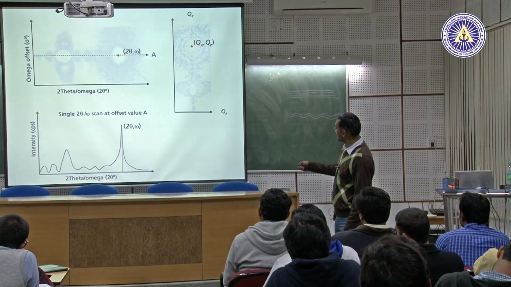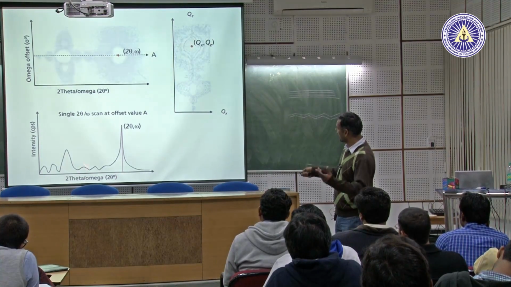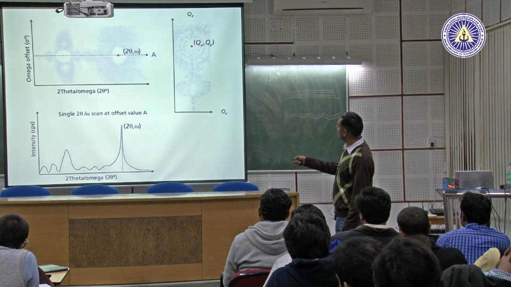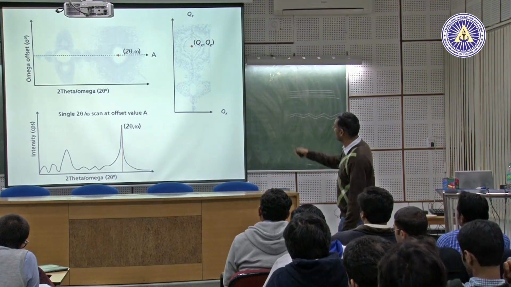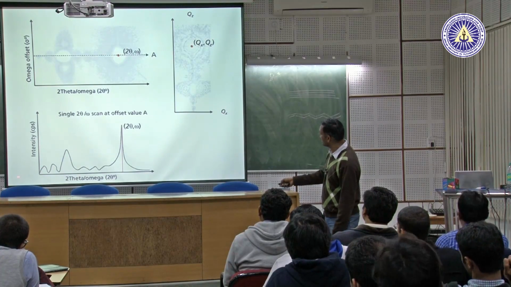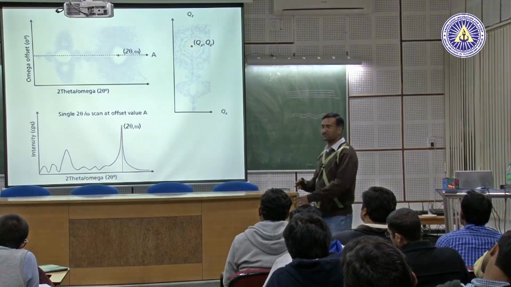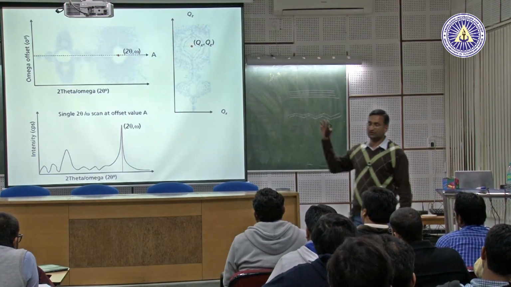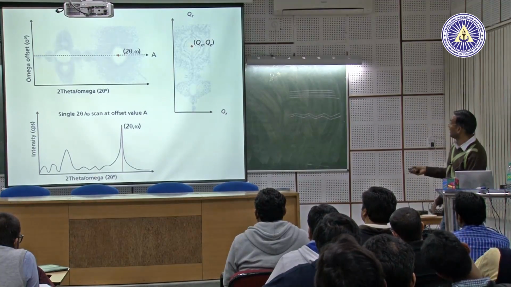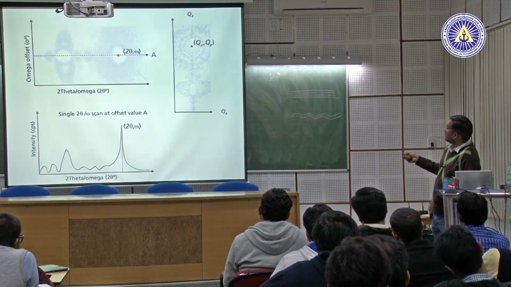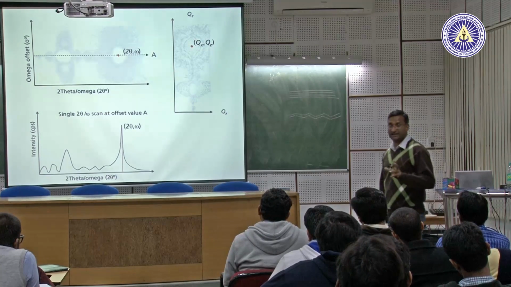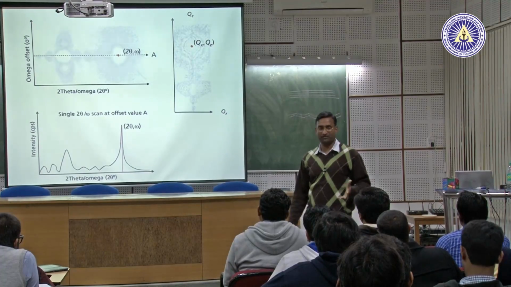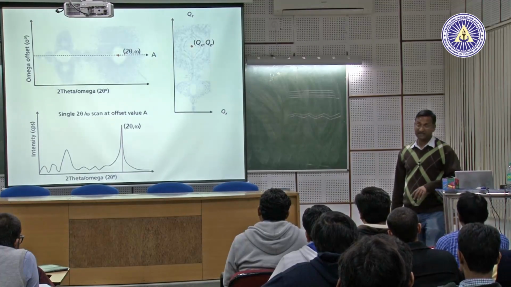So you vary this axis, which is 2 theta omega, or you measure 2 theta as we conventionally call it, and plot the intensity at a constant offset. So this map is nothing but putting together multiple 2 theta omega maps taken at various theta minus omega values, for a given peak. The sharper these peaks are, the lesser the smearing is, which means the better the quality of the thin film is and